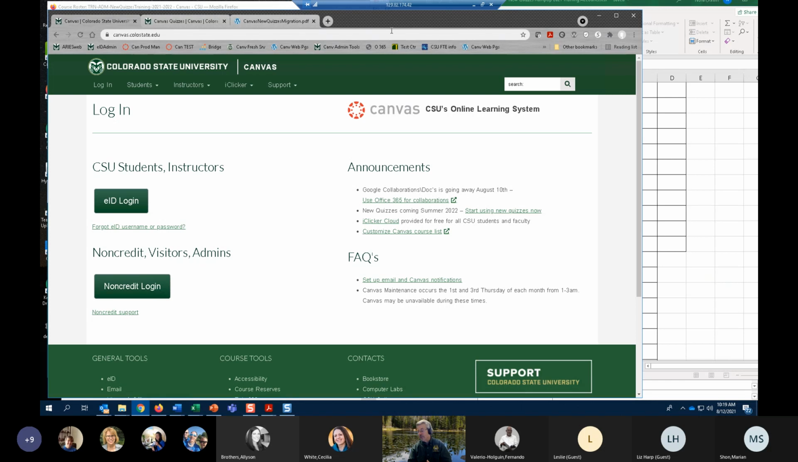But ideally, if you could open Firefox or Chrome right now, I need you to go to the Canvas login page, which is canvas.colostate.edu. Normally you'd log in with your EID. We're not logging in with our EID today. We're going to log in with our training accounts. So if everyone can get to this login page, canvas.colostate.edu, and then click on the non-credit login,